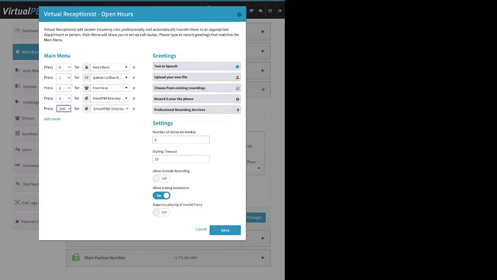So if I click add route here, right, default action. So if I left this here, after they press 9, that 3rd attempt, the system would send them to the PBX directory. If I don't have a default action,